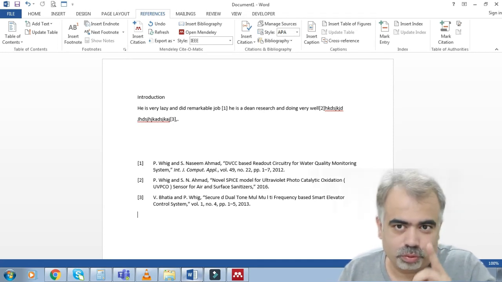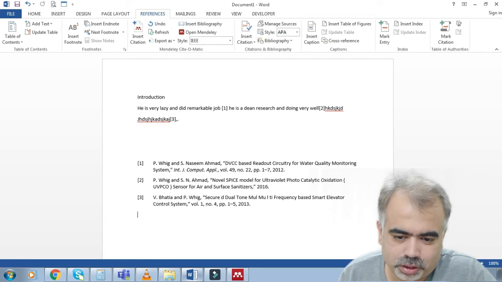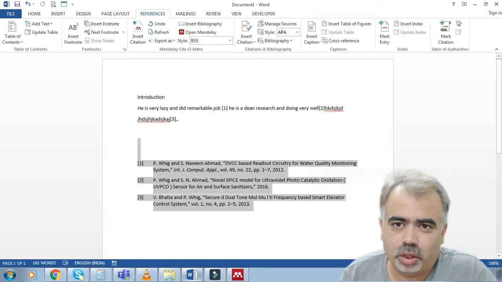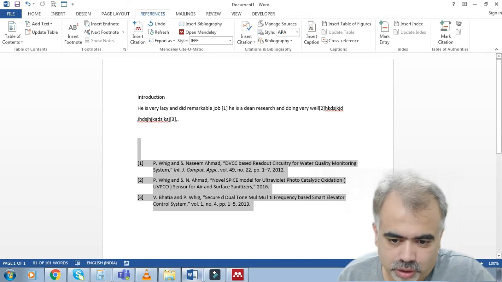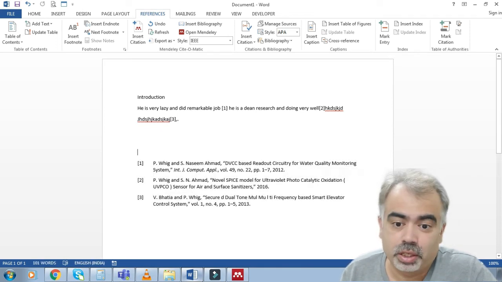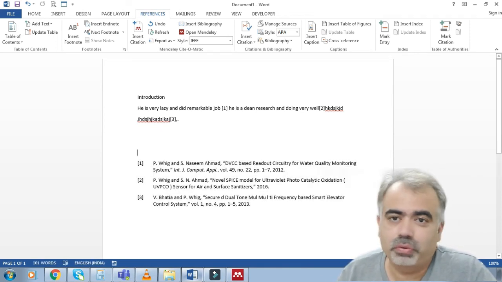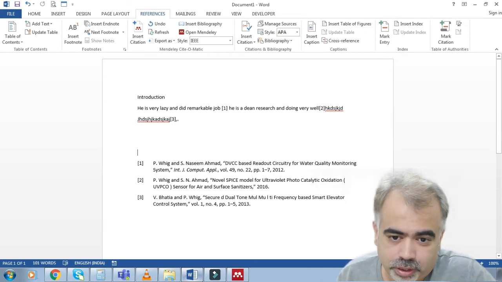Now the very beautiful step is that this is cited in the IEEE standards, if you have knowledge about the reference style. Let us suppose we want it in another format. These are the formats which are available: Nature format, IEEE, APA, American Psychological Association 6th edition, Chicago.